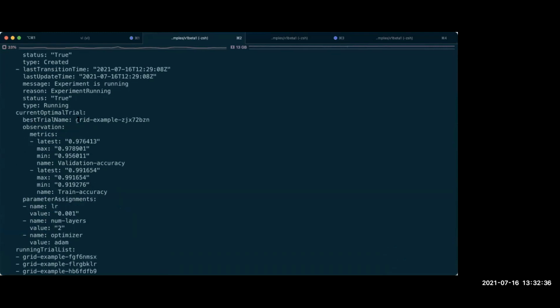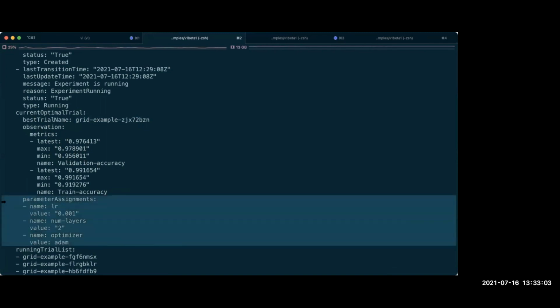My best trial till now is grid example. The observation specifies the metrics which we have obtained for that. Here I have the latest value and the max and min for validation accuracy as well as for the training accuracy. And these are the parameter assignments for my best trial till now.